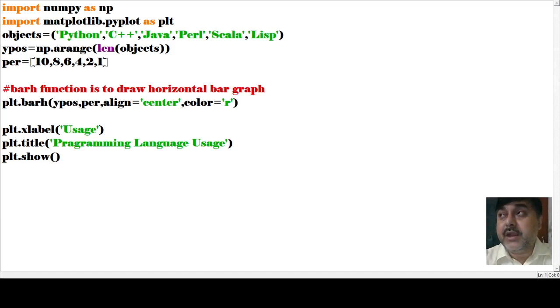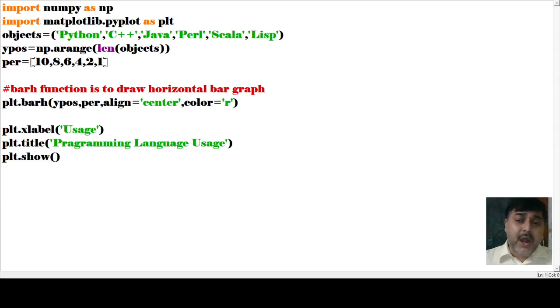As we construct and make them work in a certain pattern, we are making the structures and working with these structures. Okay, so as we are working with these structures, here we have called plt